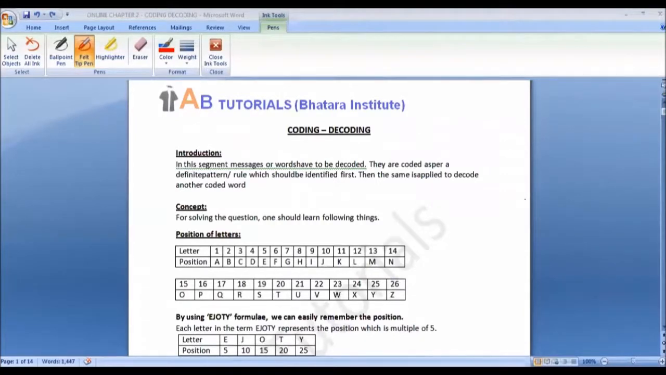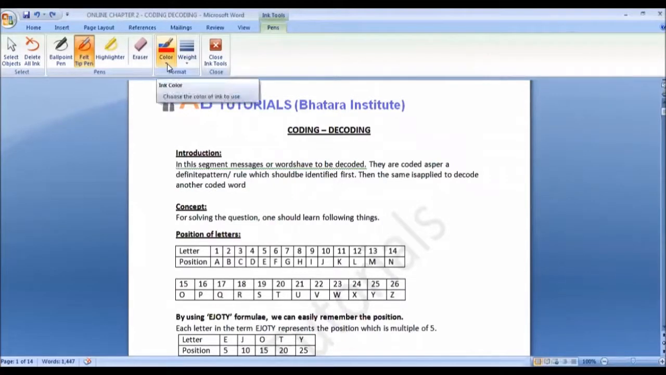So I just need to tell you what are the tricks and what are the tools we are using for solving these kind of questions. So there are certain things. First of all, if we talk about introduction, so I have already mentioned here, in this section,